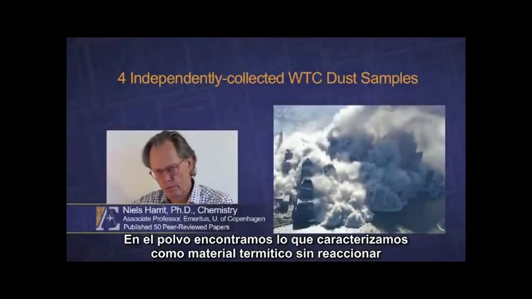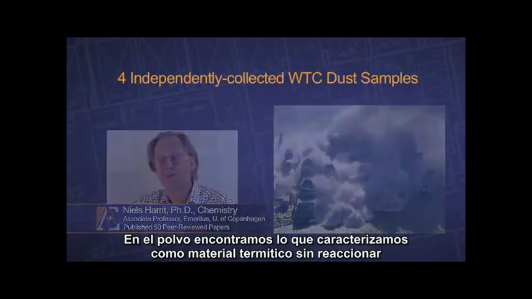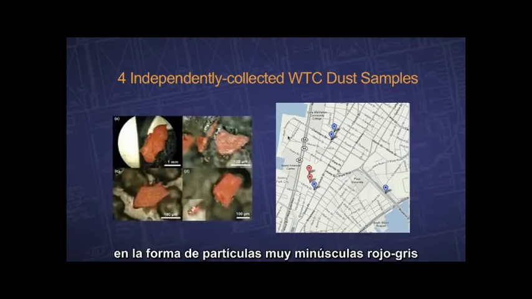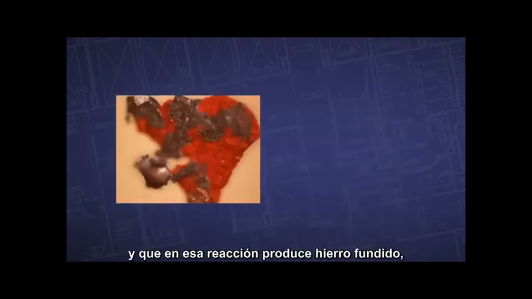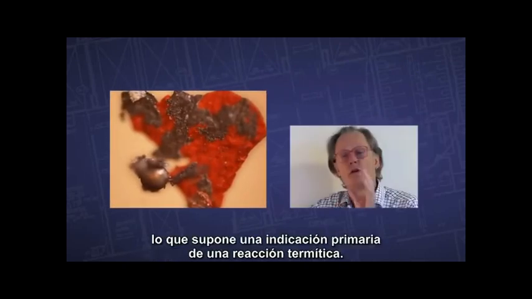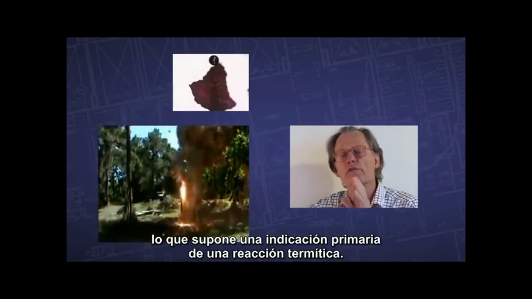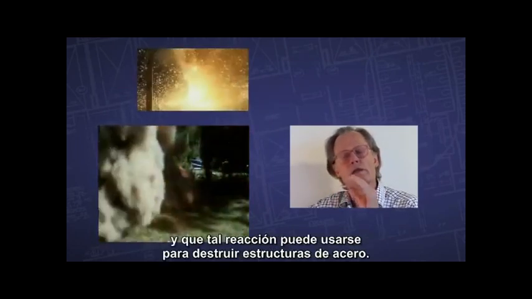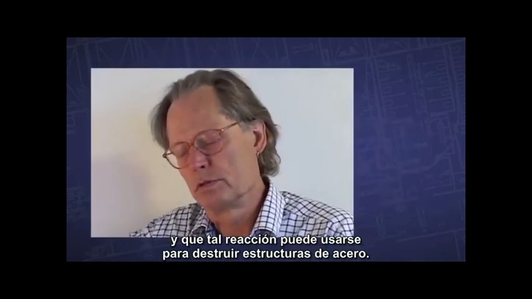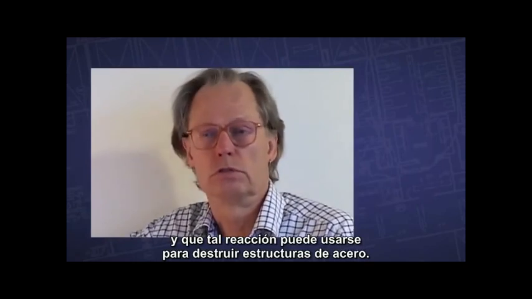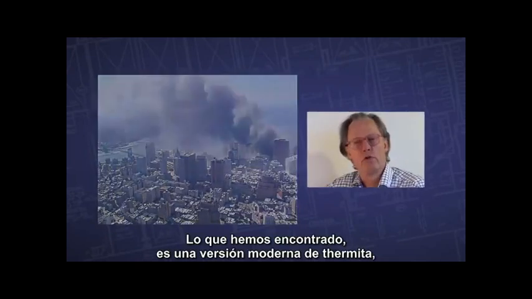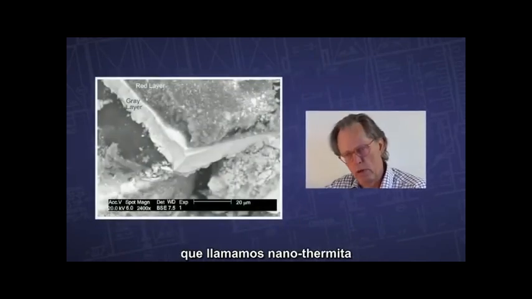In the dust, we found what we characterize as unreacted thermitic material in the shape of some very tiny red-gray chips. And in the reaction they produce molten iron, which is the prime indication of a thermitic reaction. And such a reaction can be used to destroy steel structures. What we have found is a modern version of thermite, which we call nanothermite, which is produced